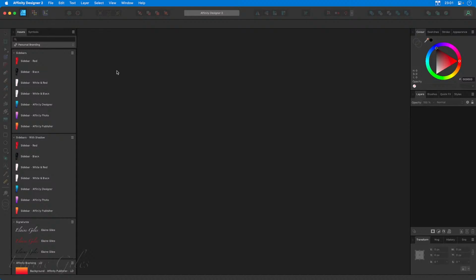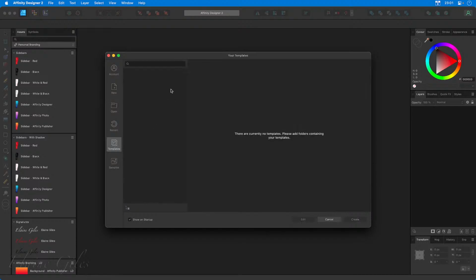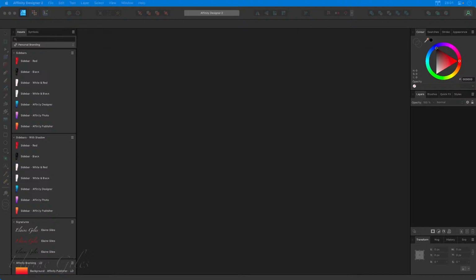Right, one thing that I like to do in Designer is when I'm making a new file, I want to see some templates. And you can see we have no templates yet. Now, the brilliant way that they have implemented this is that you do not need to import your templates. You just refer to them. So what that means is, if I show you in the Finder,